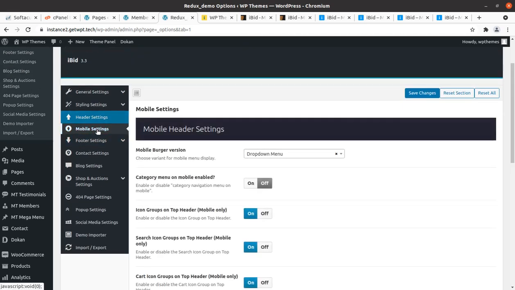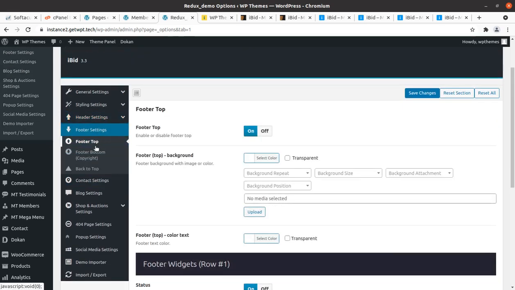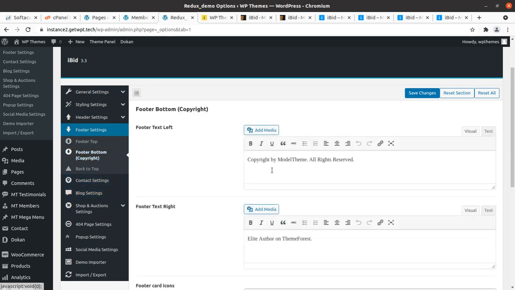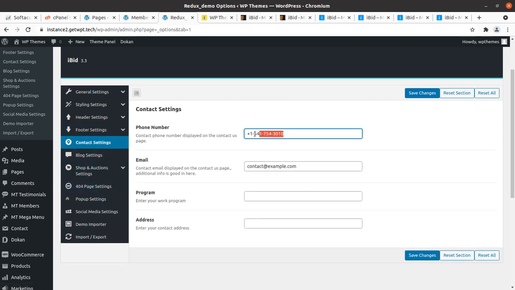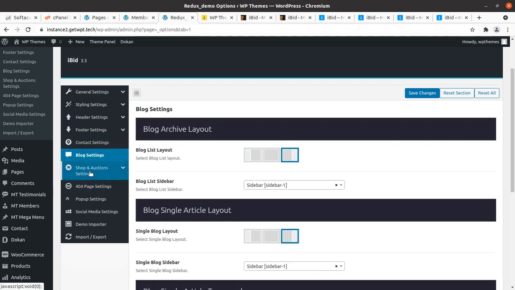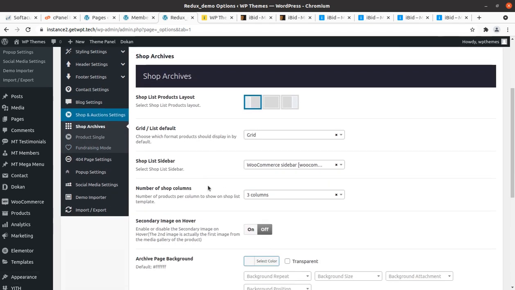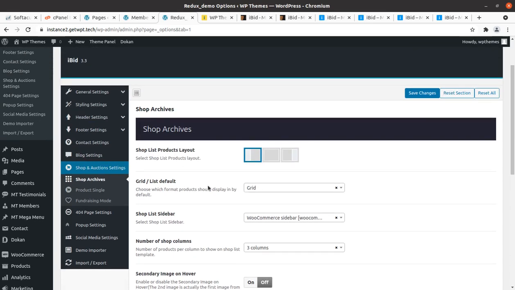And mobile setting, footer setting, footer top, footer bottom, that is copyright text and all things. Back to top option, contact setting, so default information can be changed, blog settings, shop auction settings. This is an important screen since this is an auction website.